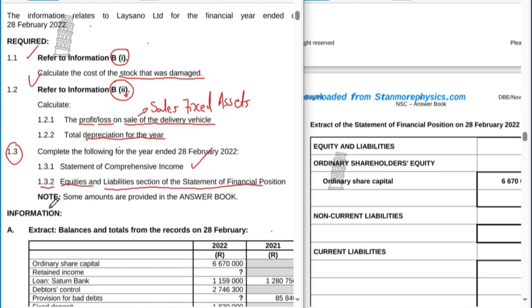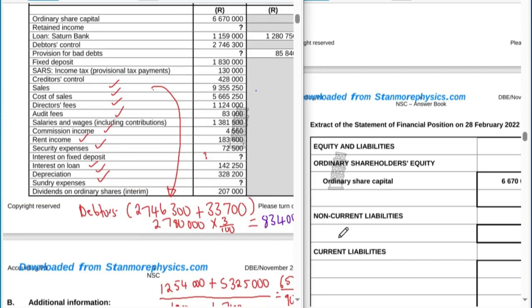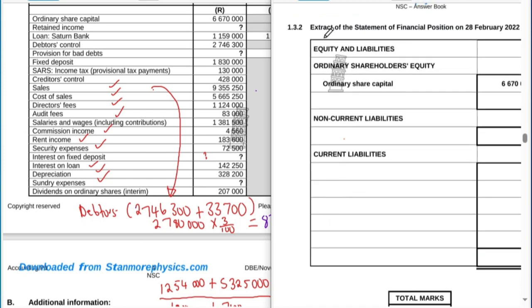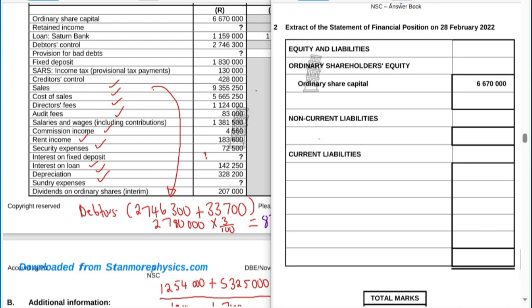Note that some amounts are provided in the answer book. Now we are completing our balance sheet, equity and liability section. Under our structure, as it has been provided to us, we have ordinary shareholders' equity, where there is nothing, and then we have ordinary share capital with this amount, and then we can complete our structure,